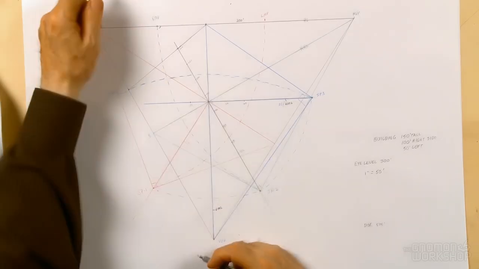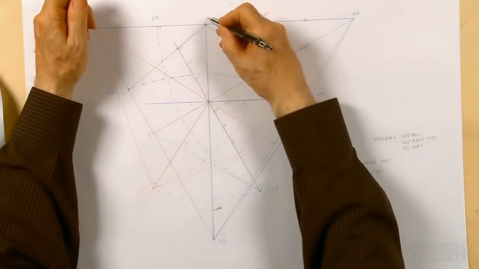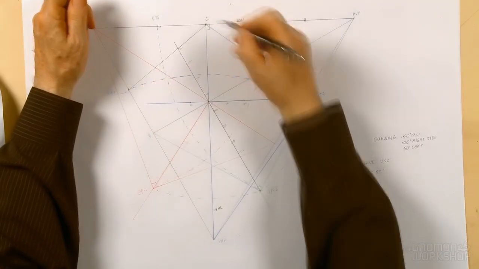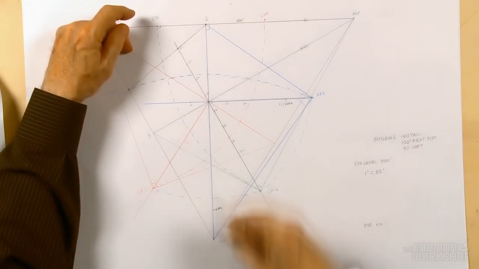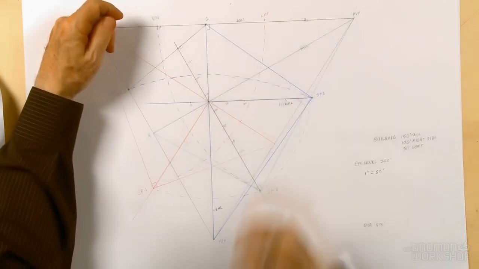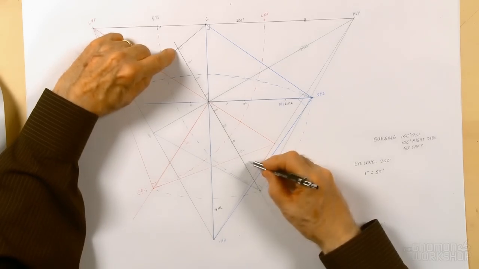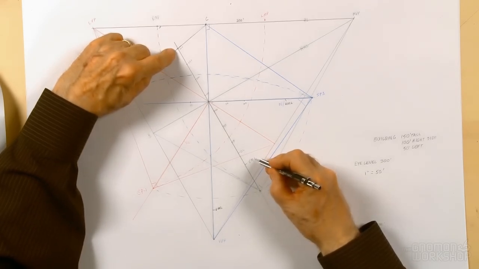So here's what I'm going to do. Remember the measuring point we had here? And this point here that we call point C? What I'm going to do is take point C. I know that point C is on the horizon, and I know that that's 300 feet. And I have here the vertical measuring line. What I need to do,